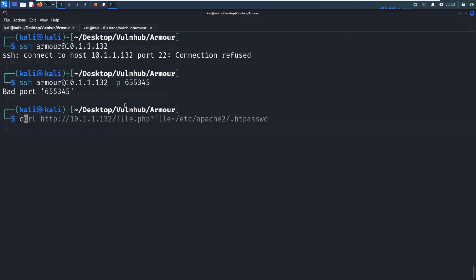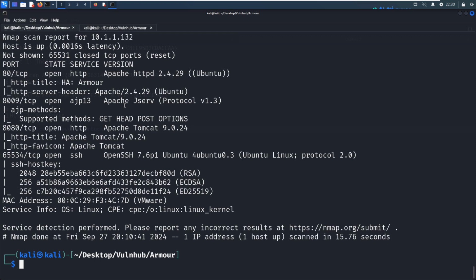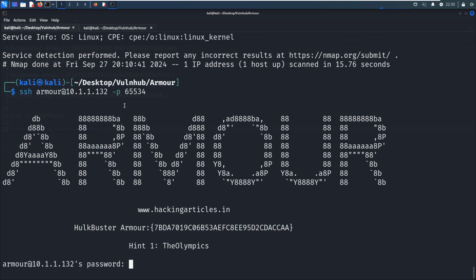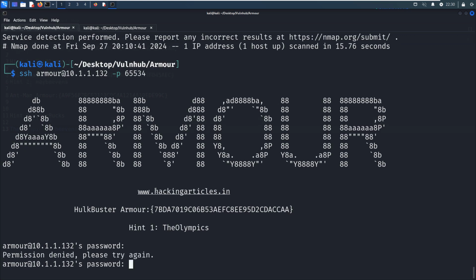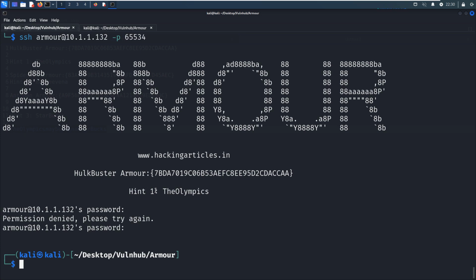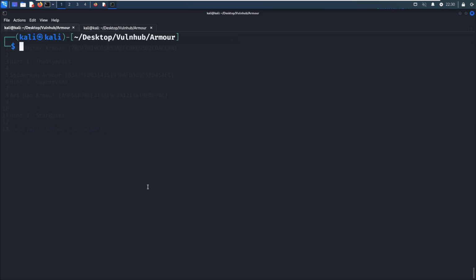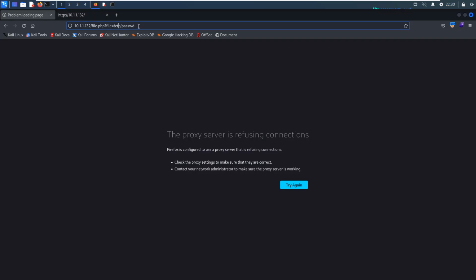So what's the port number? Okay, and the password, paste in here. But this doesn't work. So maybe the password will be used for the Tomcat.